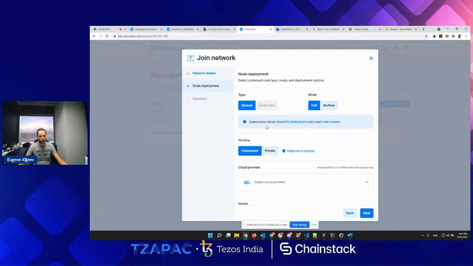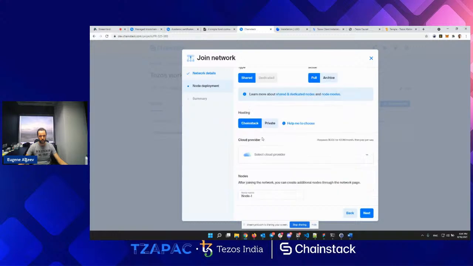So you don't need to pay for Chainstack hosting. You just use your own hosting. Let's say I have 100,000 credits on AWS as a startup, and you want to leverage this, so it's possible to connect this account to Chainstack and deploy your own node, and it will be fully automated. The experience will be exactly the same as if you deployed it on Chainstack directly.